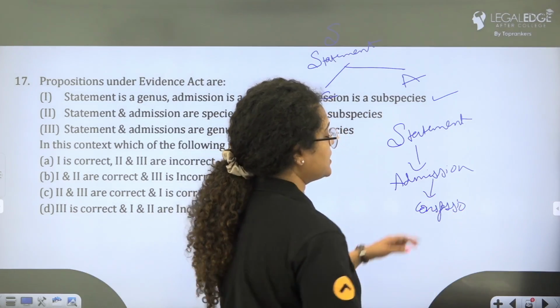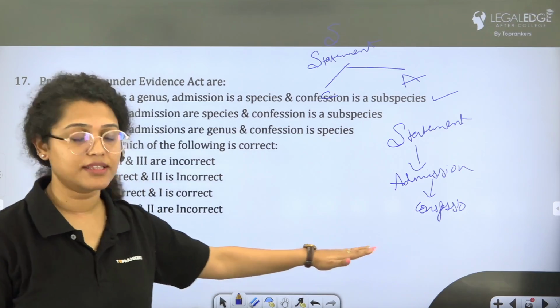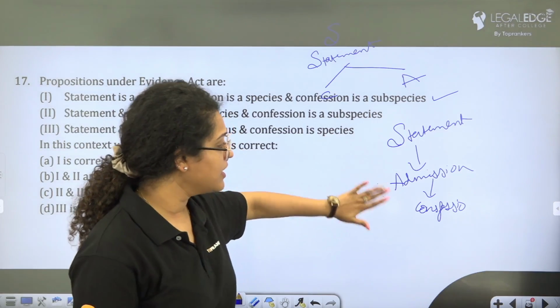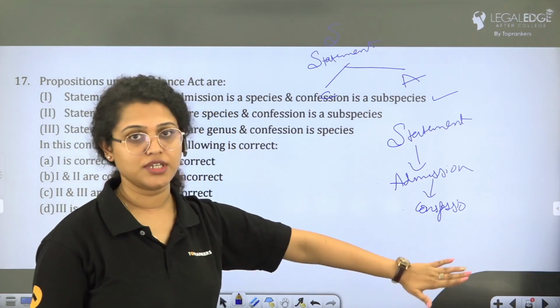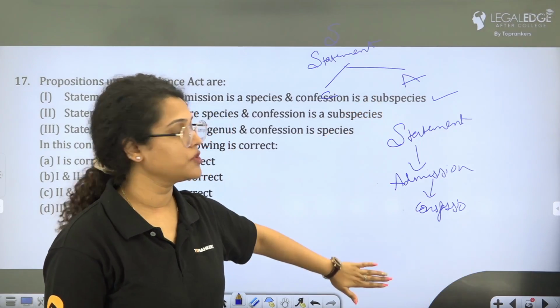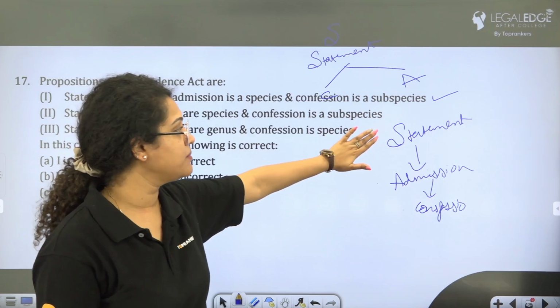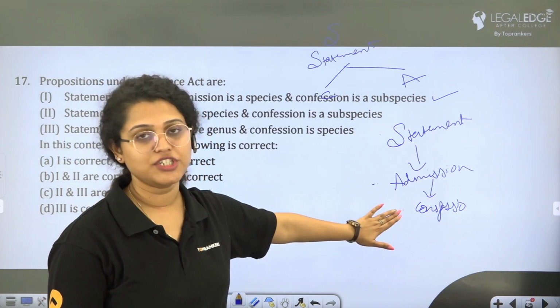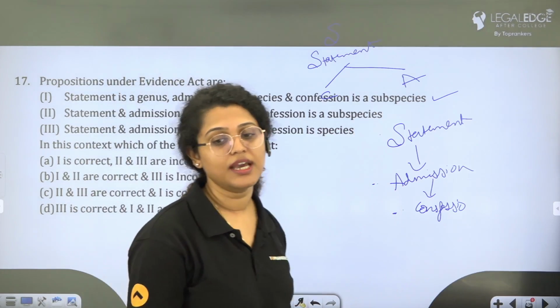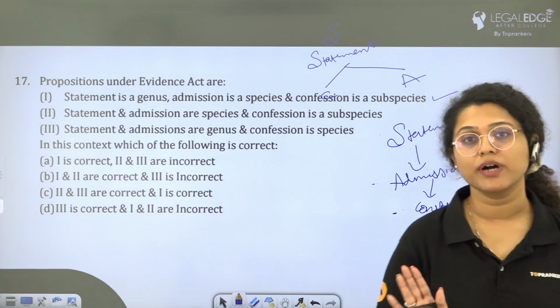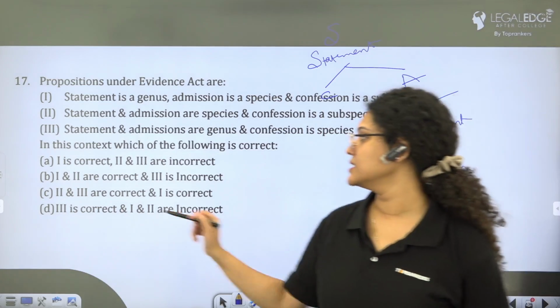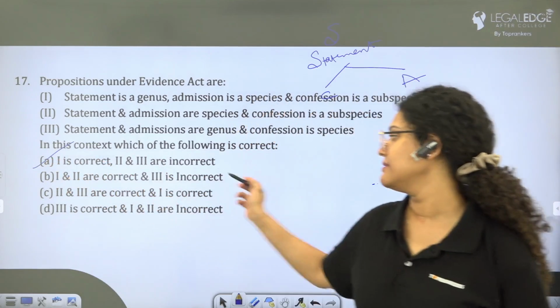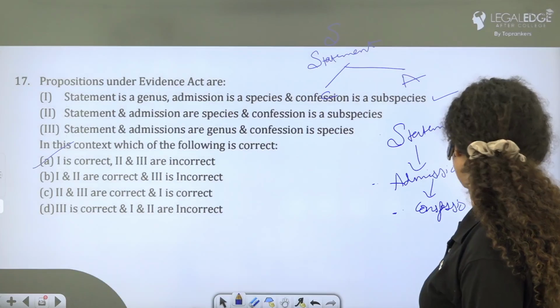Admission, अगर हम सिर्फ admission और confession की बात करते हैं, then admission becomes the genus and confession becomes the species. बट यहाँ पर जब हम तीन चीजों की बात कर रहे हैं तो statement will become the genus and admission will become species and confession will become subspecies. ठीक है, that is why your option number 1 is the correct answer, which is A. 1 is correct, 2 and 3 are incorrect. ठीक है,